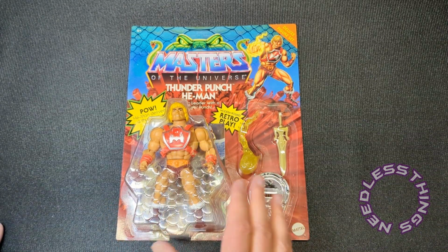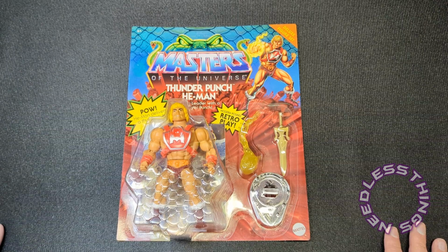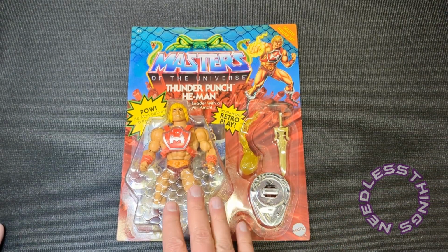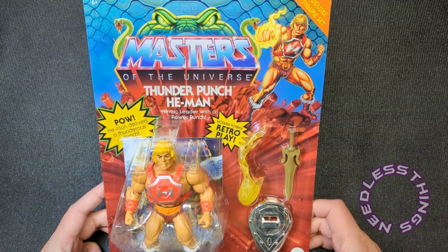So I'm going to buy every, oh yeah, there are a couple of things that I passed on at this point. I got the 2002 He-Man and Skeletor. Yeah, there are a few things I haven't picked up. So I'm not a completist, but I will buy anything that is familiar and fun. And this Thunder Punch He-Man, I mean, he was a seminal release in the original line, so I had to